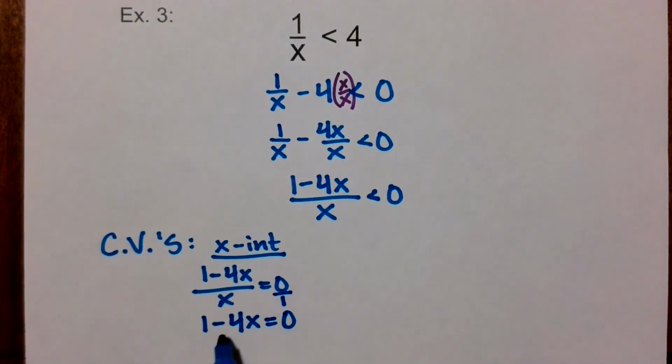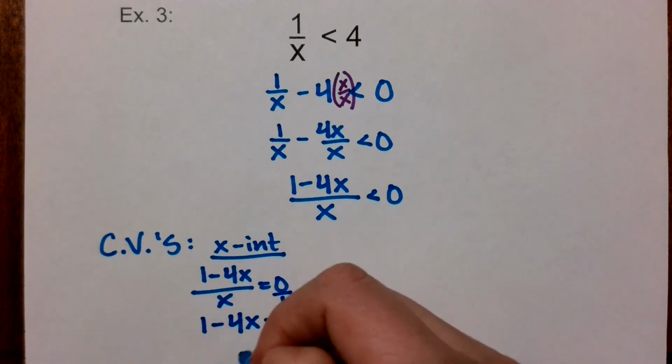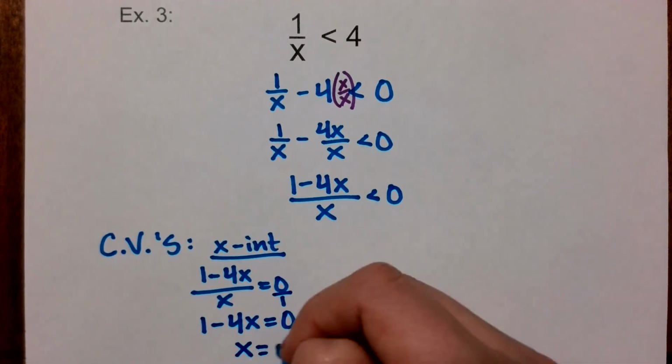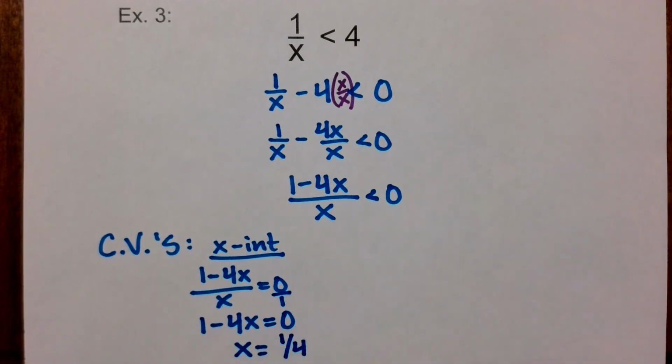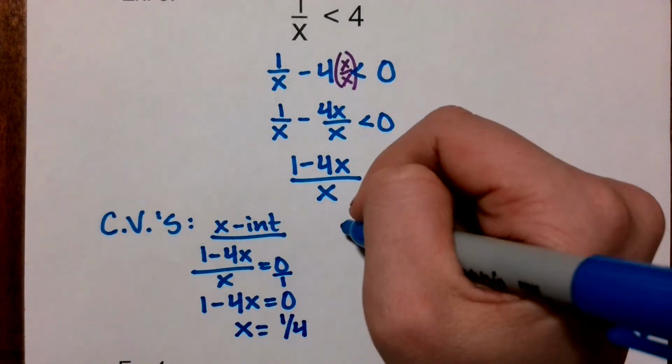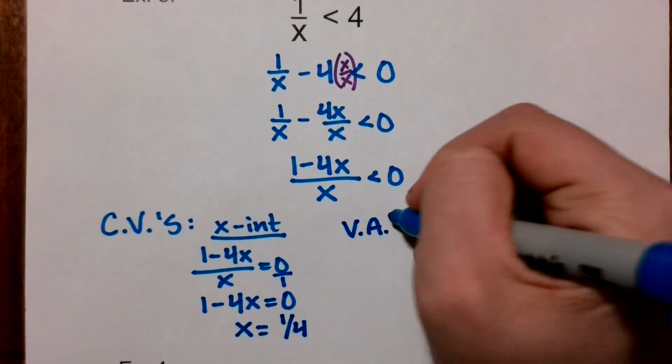So 0 would still equal that. Okay, so once we subtract 1 from both sides and divide by a negative 4, we will get a positive 1/4 as our x-intercept. And then for vertical asymptotes,